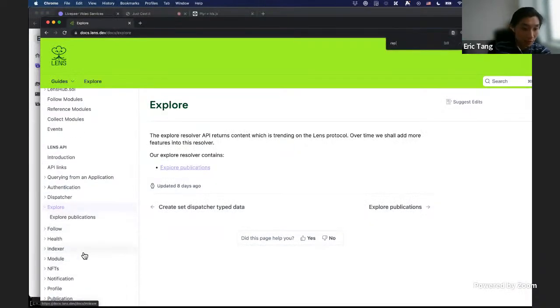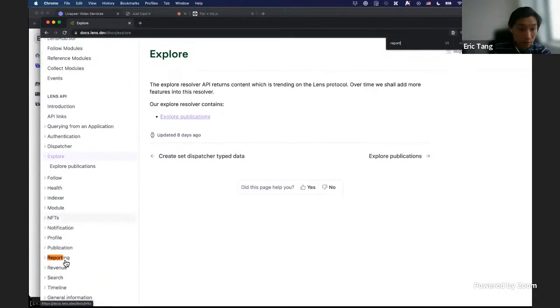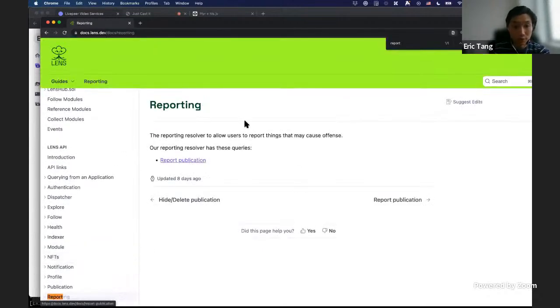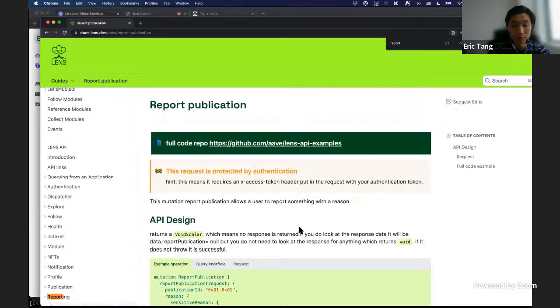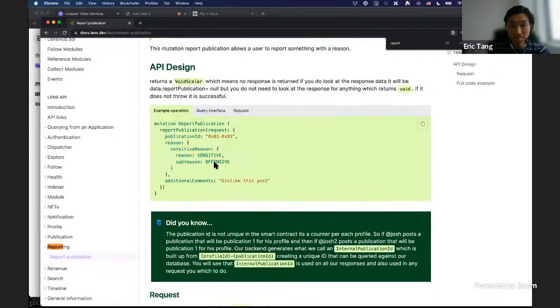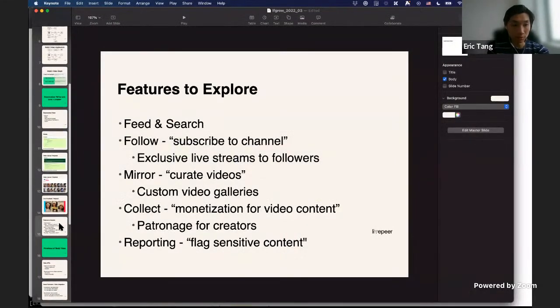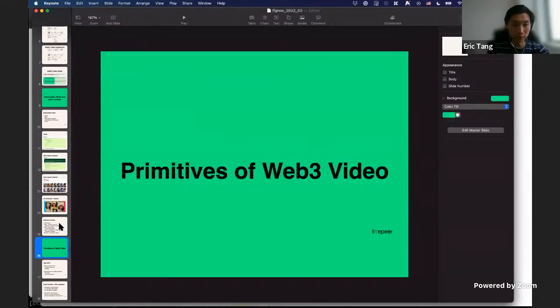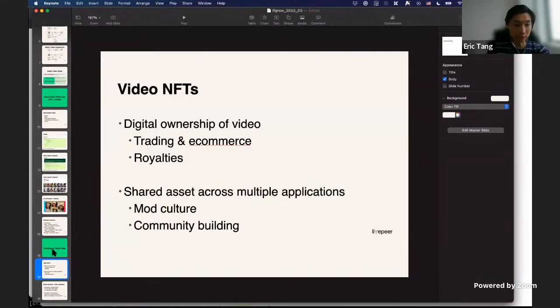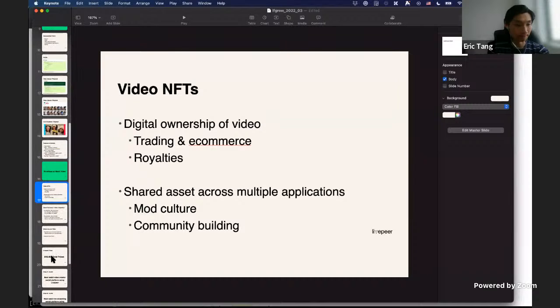That's in here, reporting. So you can follow this mechanism to flag a piece of content. That's most of the workshop.